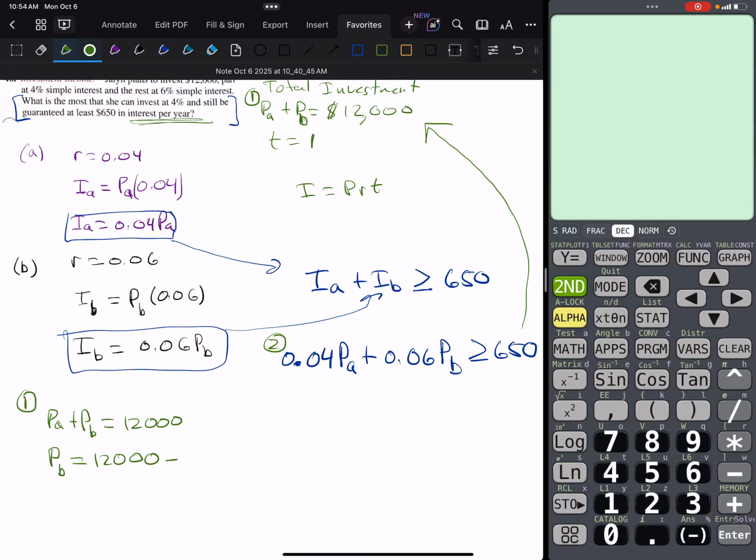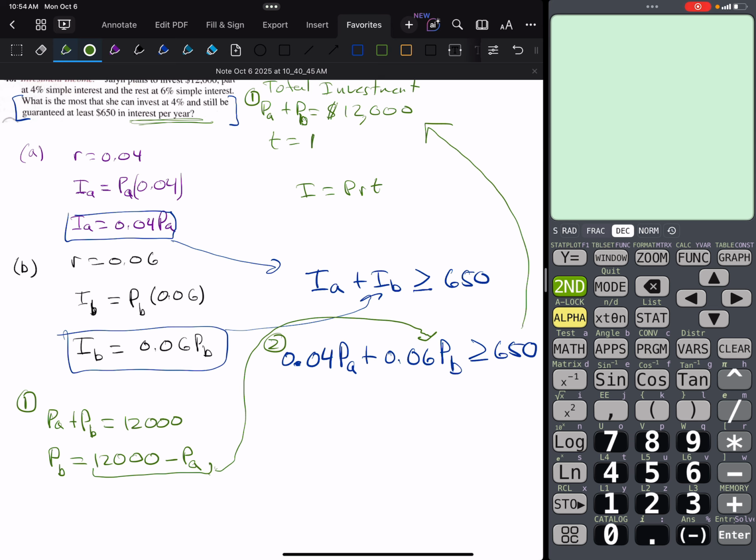in my equation 2, because I've actually been asked about how much should she invest at 4%. What's the most she can invest at 4% and still have that 650. All right, so now that I've got that cleared up, I'm going to take this value and put it in place. Let's not take up all of our white space. Put it in place of PB,